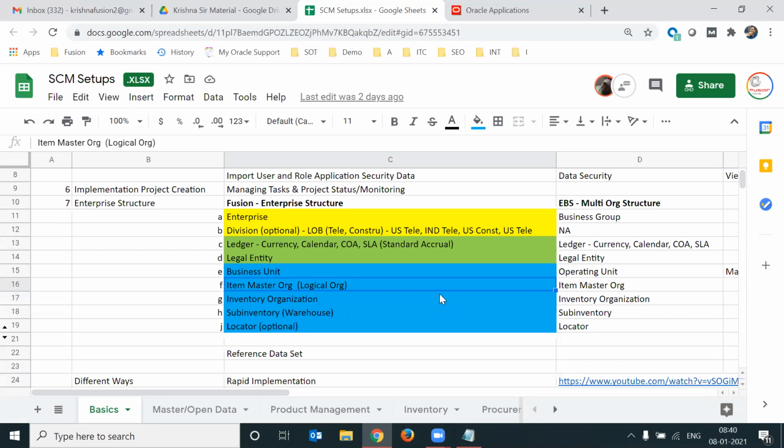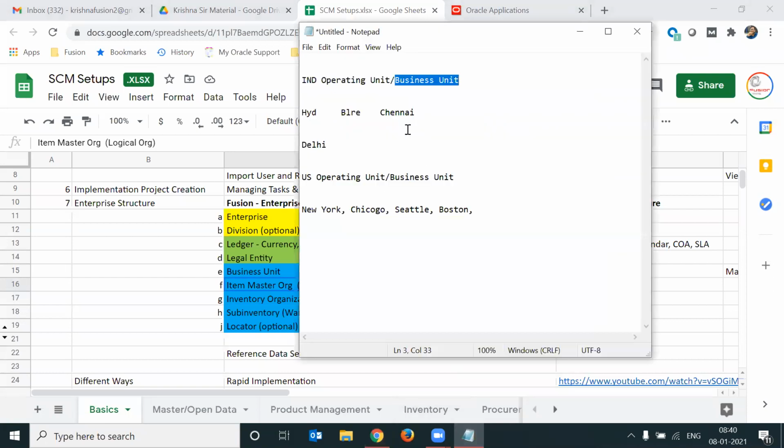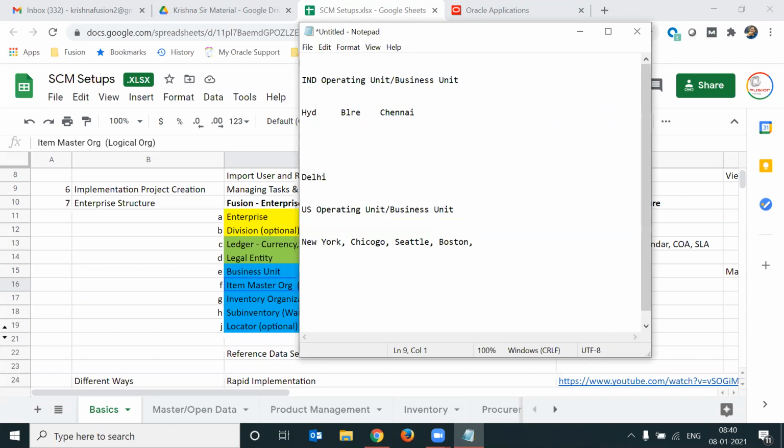So item master organization is created for our flexibility. Here's an example. Let's take an example of TechLead Society. For TechLead Society, what are my products? My products are nothing but my courses. I'm going to sell my courses. So you are my customer, I'm your supplier. What I'm supplying to you are the courses.